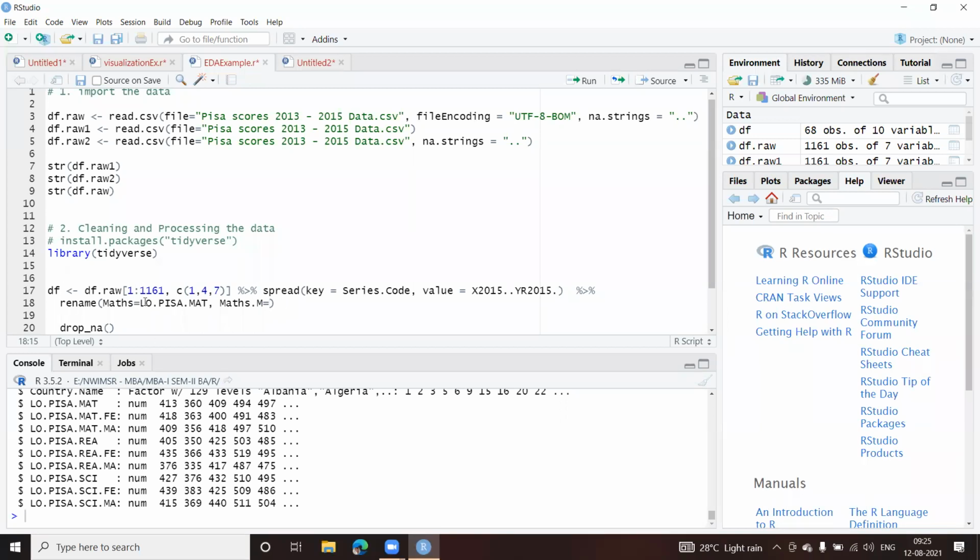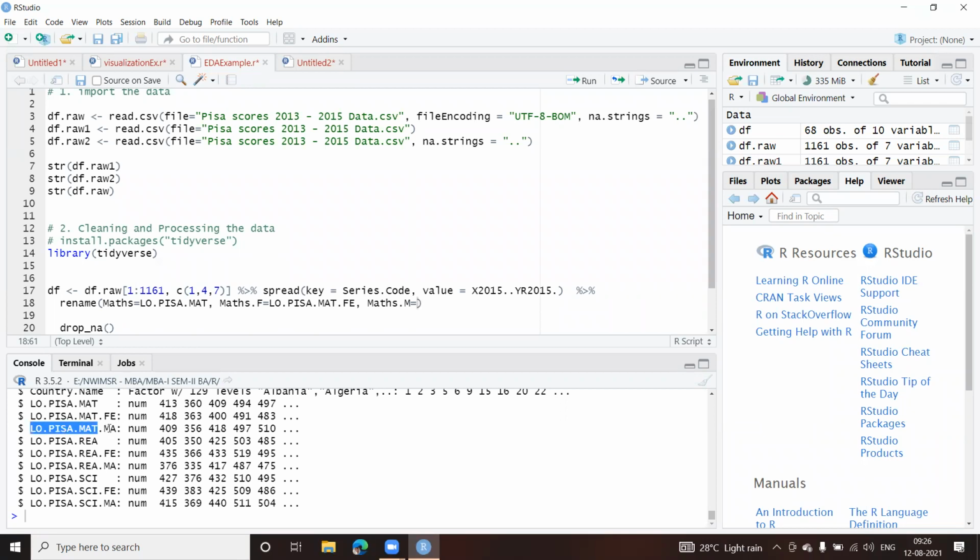This will be maths only. This will be female, because this one is FE means female. So this one will put it in female. So this is the new name I want to give, comma. Now let us put this F as capital. Okay. Then we have maths dot male equal to,